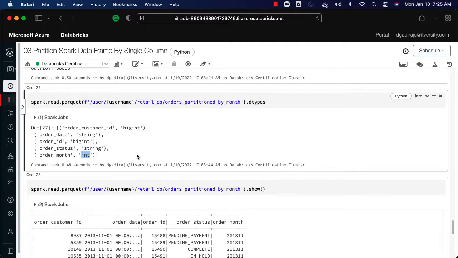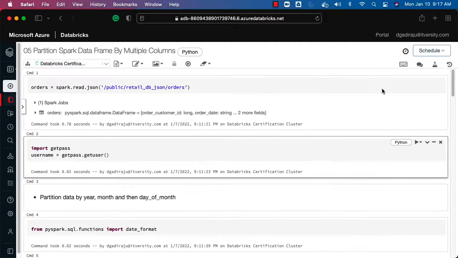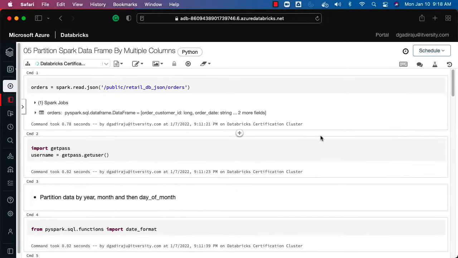Now let's go to the details about partitioning Spark data frame by multiple columns. As part of the previous lecture, we have gone through details related to partitioning Spark data frame by single column. In continuation to it, let's see how to partition Spark data frame by multiple columns. Most of the code is same as what we have seen earlier. The major difference is with respect to generating multiple columns based on which we wanted to partition the data and